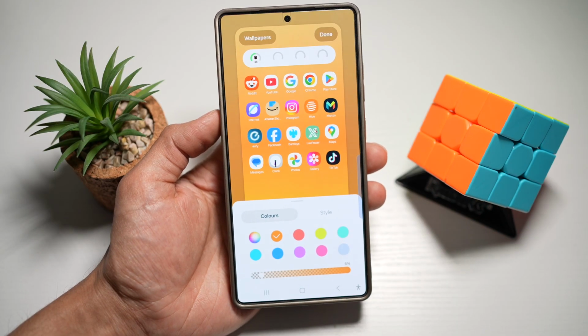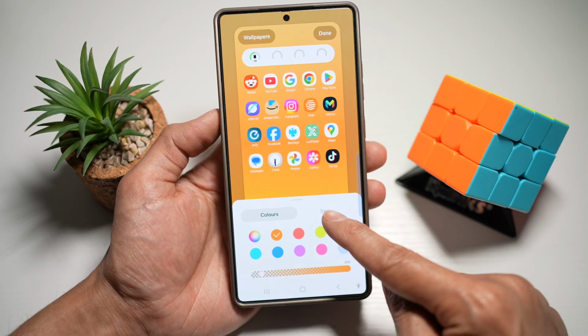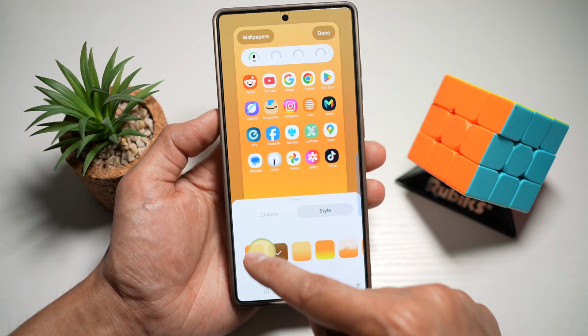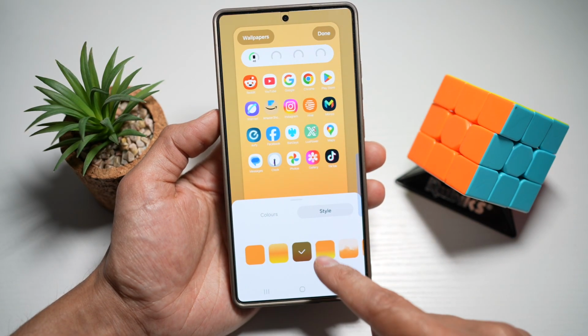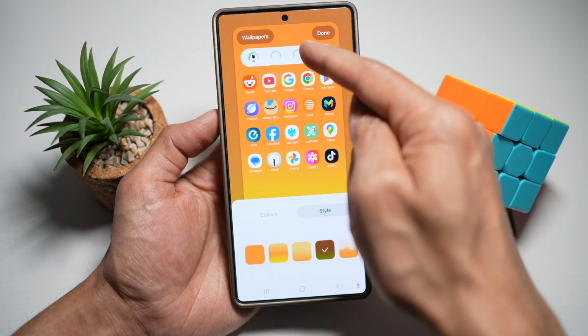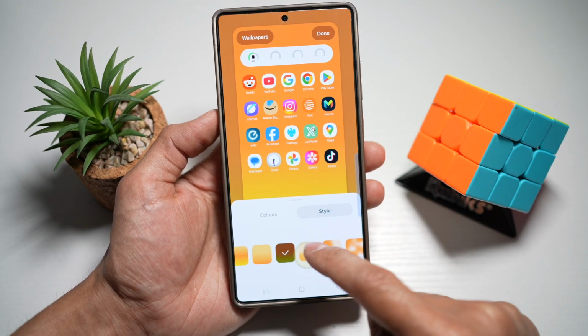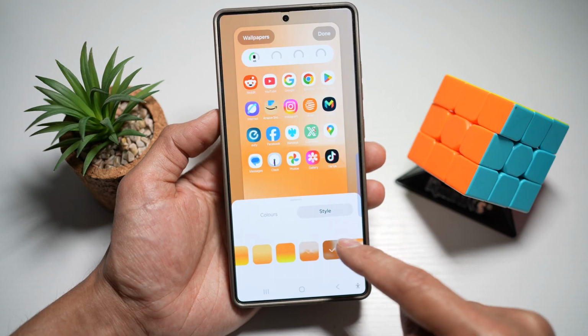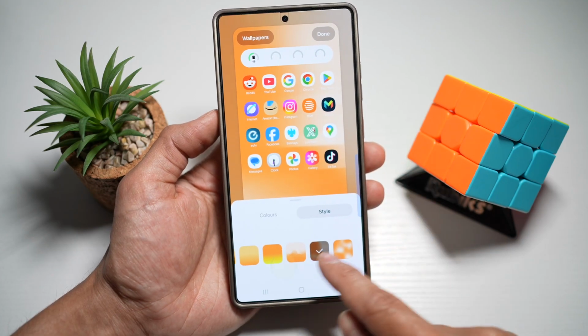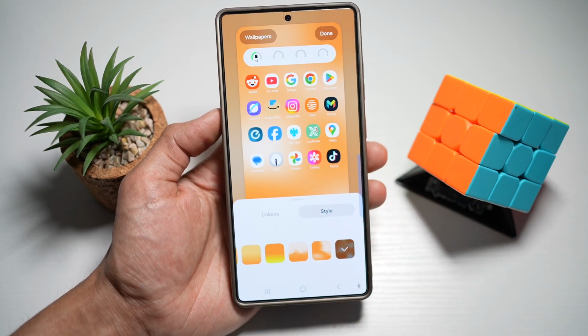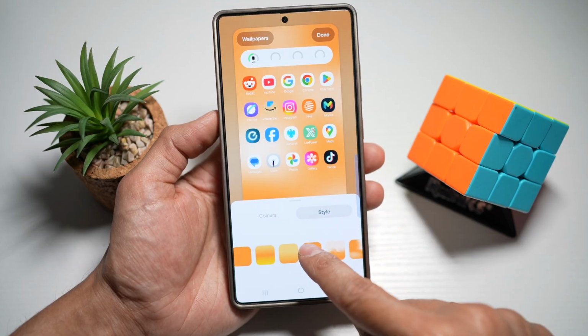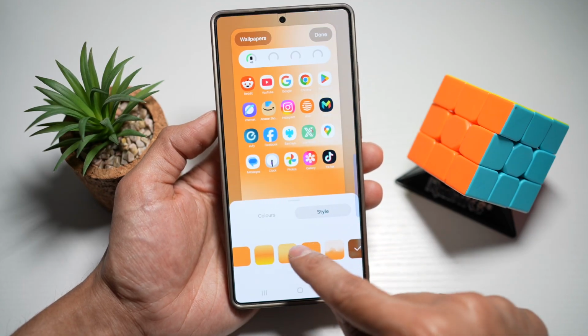Now next, if you want to change the gradient in that solid color, you can go ahead and tap on style. And now from here, you can go ahead and choose from all these different styles. So you have a gradient from getting dark to light. You have a random pattern gradient. You have a random pattern gradient again, and you have this gradient again. So you can basically go ahead and choose from all of these different styles of gradients you have on your